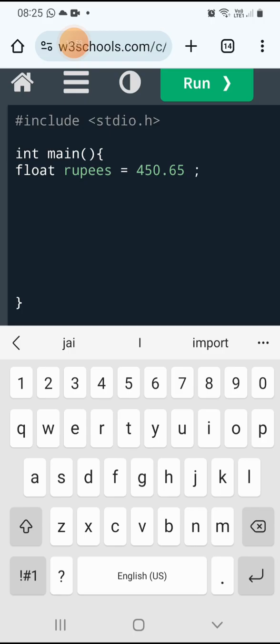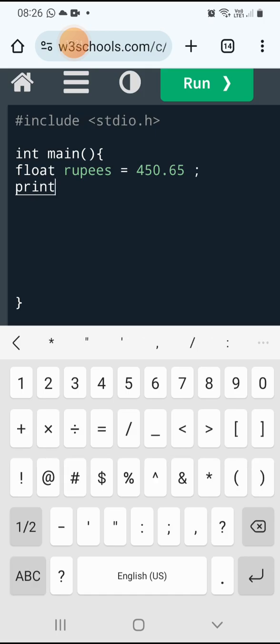How can I get the reference operator? Okay, here. I told you that when one variable is created, a memory address will be allotted. So I want to display that memory address first of all. So printf